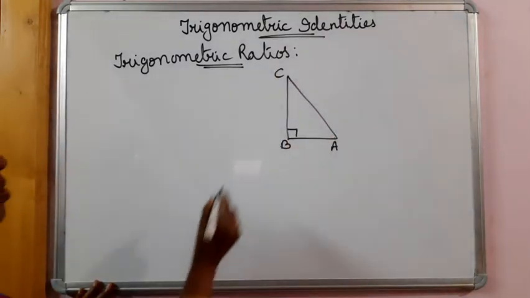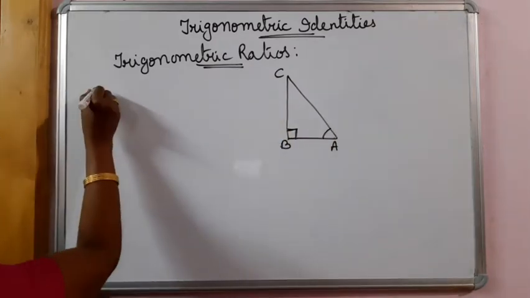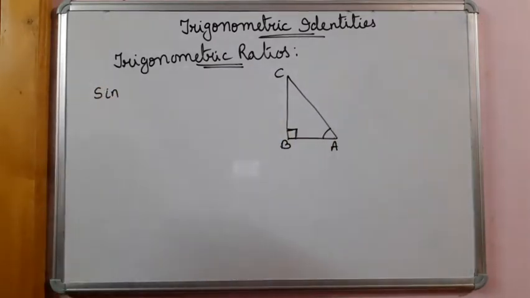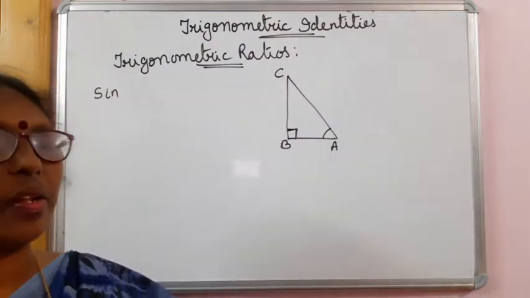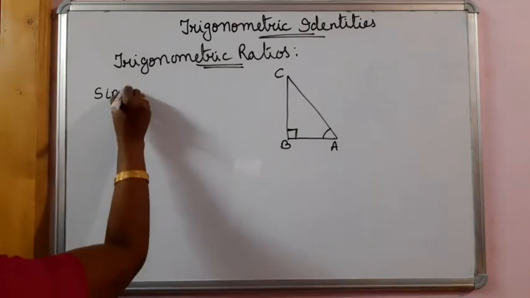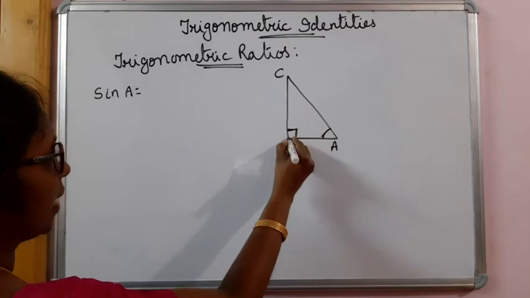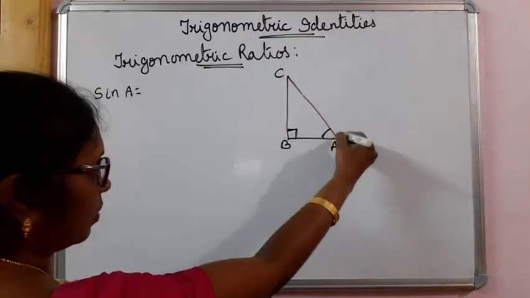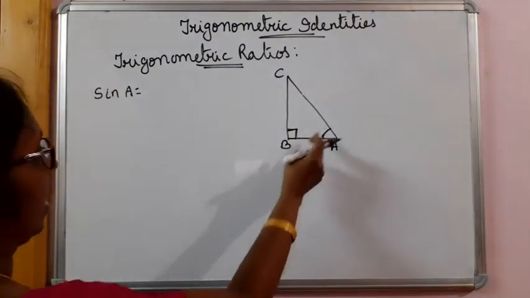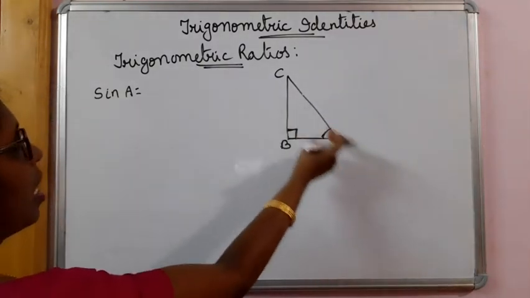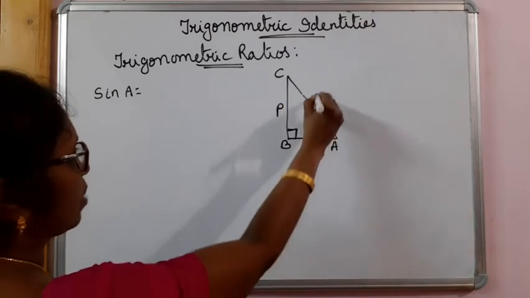ABC is a right angle triangle at B. For A, you know that sin A, cos A, tan A, cot A, cosec A, sec A are the trigonometric ratios of angles. Sin A, for this angle A, opposite side is BC and this is hypotenuse, this is adjacent side. Or we can say, for A, opposite side we can take as perpendicular, adjacent side we take as base,